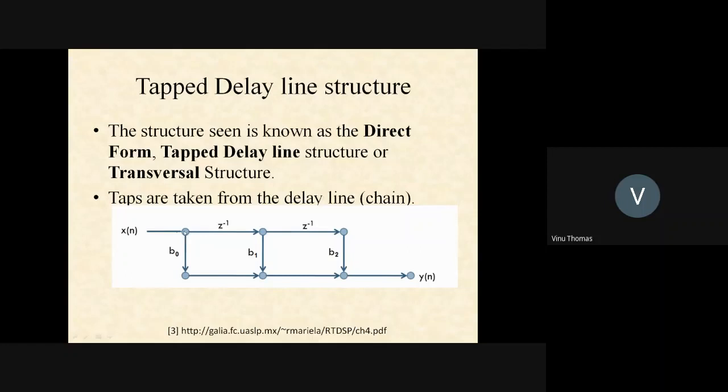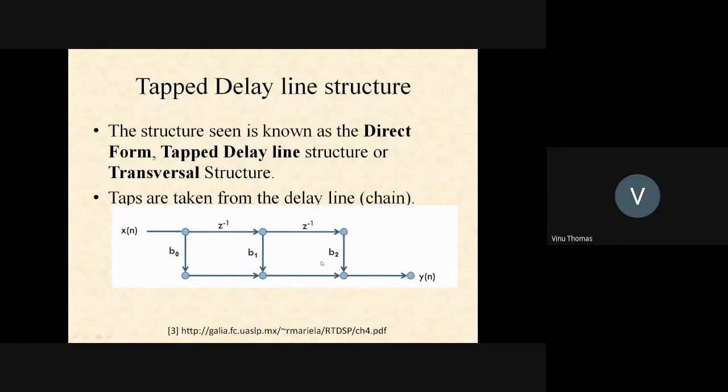So you have to first of all multiply this by a multiplier. Maybe all these multiplications will take place in parallel. So B0 into x of n, B1 into x of n minus 1, and B2 into x of n minus 2 can take place in parallel if there are three parallel units. And then you have to add B0 into x of n plus B1 into x of n minus 1. That will require one addition. And then you also have to add this to B2 into x of n minus 2. So that will take another addition.